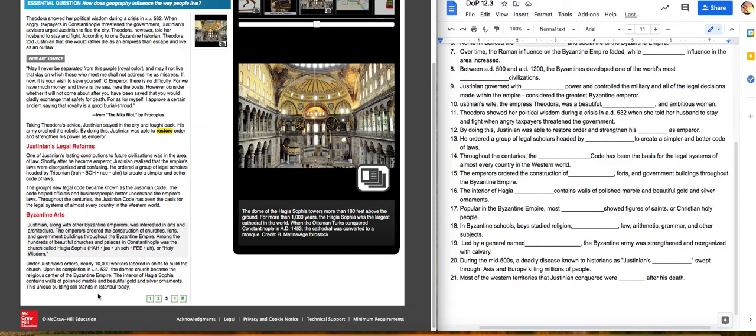So it's absolutely beautiful, guys. If you read the description here, it says the dome of it is 180 feet. For more than 1,000 years, it was the largest cathedral in the world. We've built bigger ones now. When the Ottoman Turks conquered Constantinople in 1453, the cathedral, which was a Christian church, was converted to a mosque,